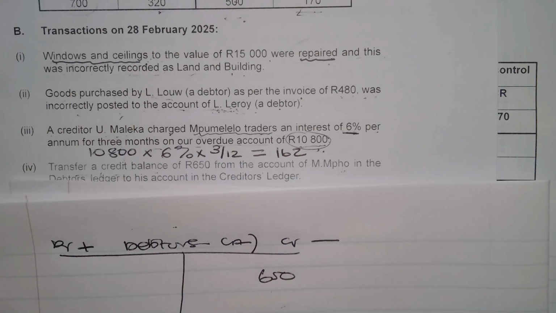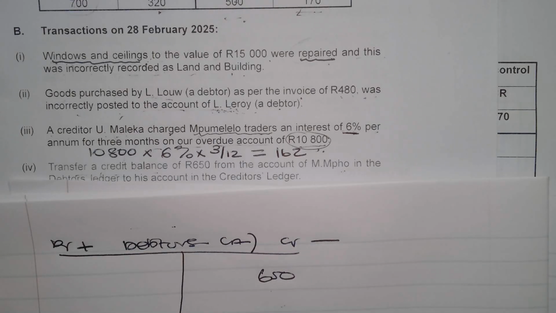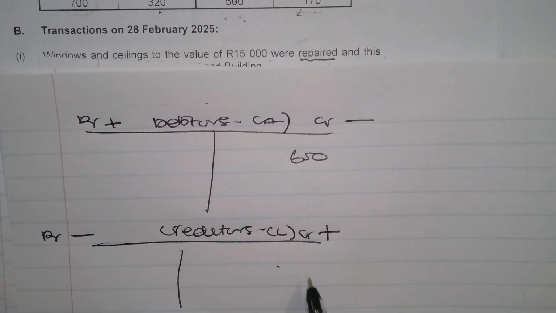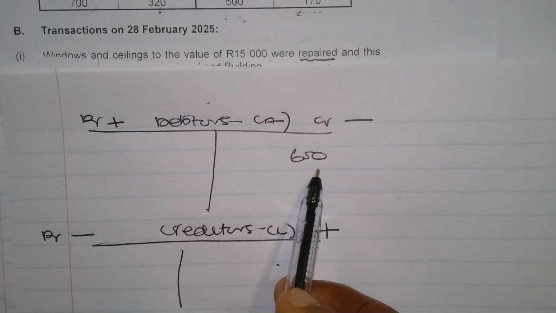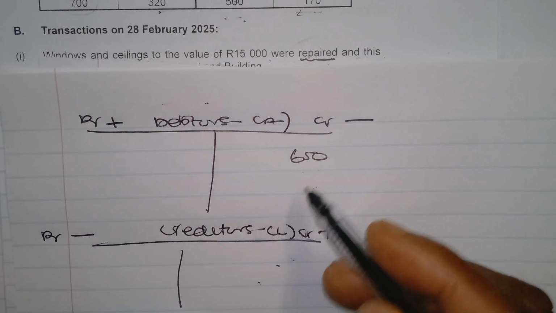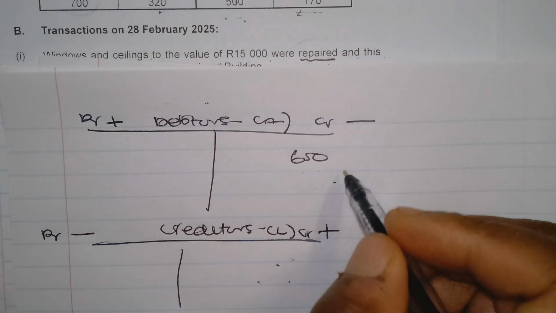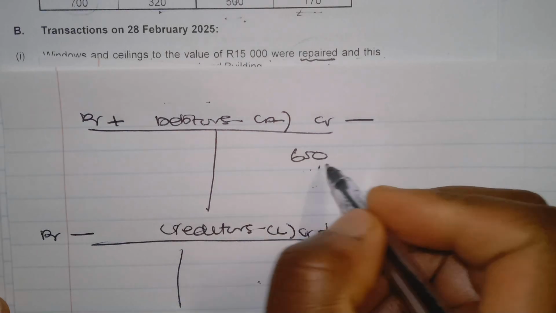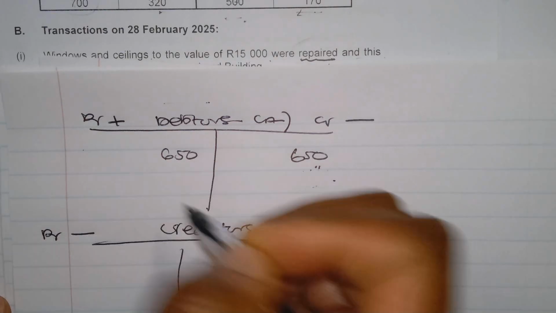So here's Mpo again, but now Mpo is a liability. Do you understand? So it would make sense for Mpo to have a credit balance instead of a debit balance. So we need to transfer it. How we transfer it, we don't just say, since it was a credit, we'll put a credit there. No. We are simply transferring, so we're going to put the same amount on the opposite side